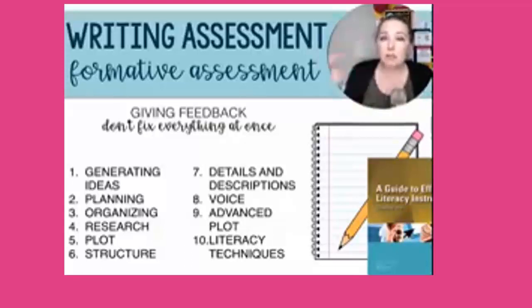I will skip straight to structure if I can't even read a word on the page, or there's absolutely no punctuation, then I'm definitely jumping to that. As long as the comprehensibility is there for their writing, I do leave some of that structural grammar and spelling components a little bit later. So I will bump it to the top if it's incomprehensible, but if I understand kind of what's happening, I will bump it back down to say spot number 6. And again, these are not in a permanent order. This is just kind of how I have structured it myself.